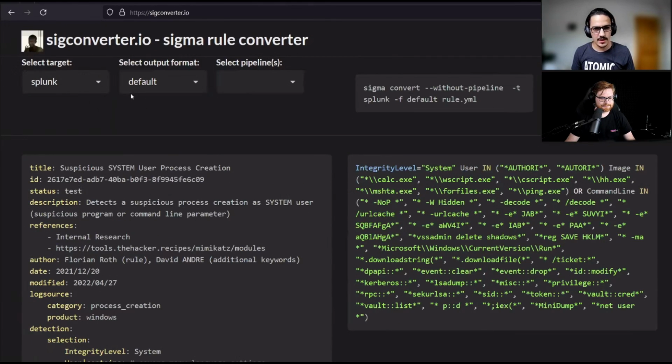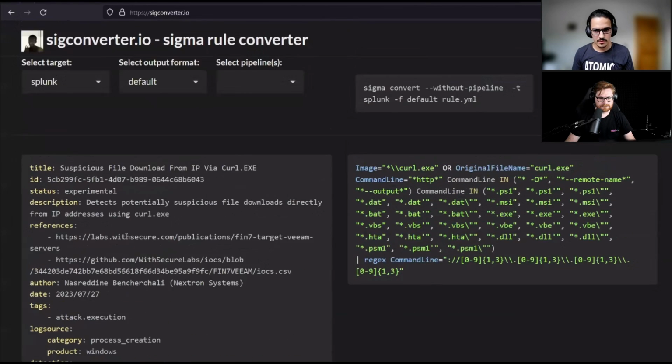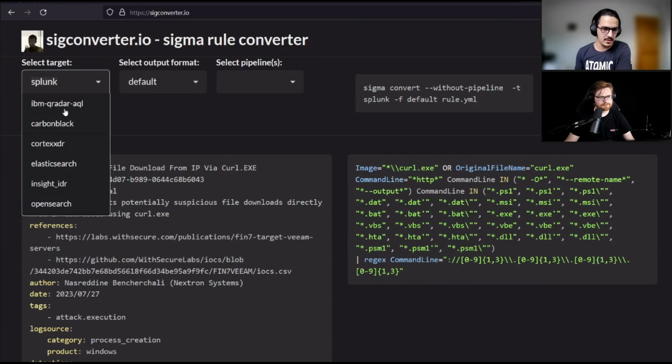So this cool website, created by a couple of folks, Mike and the gang, is basically a wrapper around pySigma. In a real life environment, you might want to use it in your SIEM or whatever. You grab the rule, you paste it, and then you select your target. You might or might not see your target, but that's fine. You can always build your custom target, or you can ask us or any company that does that. But basically, you select your target.